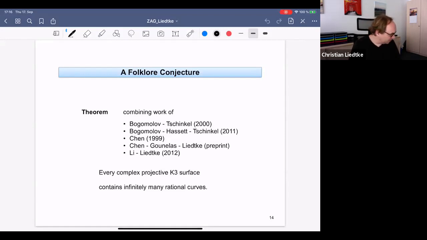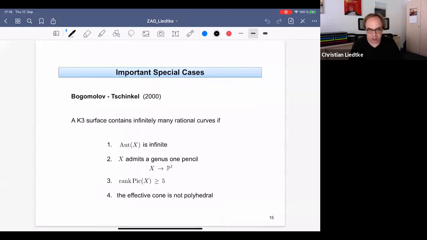So how do you approach such a conjecture, or why do you want to believe in it? So let me start with important special cases. This is work of Bogomolov and Schinkel from 2000. And it says a K3 surface contains infinitely many rational curves if the automorphism group is infinite. We already have one, and you only have to prove that